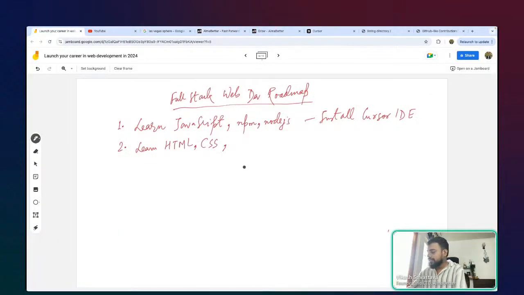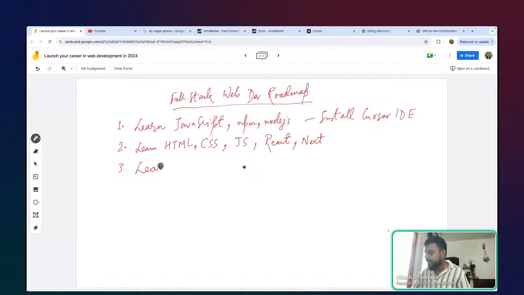All right. So the next thing is, of course, we also want to understand how we can combine JS on top of our core HTML and CSS, and build an interactive web application, right? So this is what you need to focus on. And then, of course, you may want to learn about certain frameworks or libraries such as React and Next. So these are the things that you want to do.